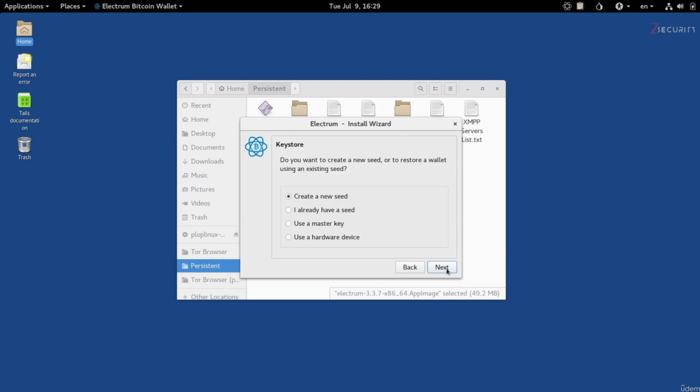Now it's asking us whether we want to create a new seed or a new wallet or restore an existing wallet. A seed is a string of text that can be used to restore a wallet. So if you already have a wallet on a different computer that you removed, or if you already have a wallet that you want to use on this computer, then you would select the second option, I already have a seed. If you're creating a new wallet from scratch, you're not restoring anything, you're going to keep this at create a new seed,